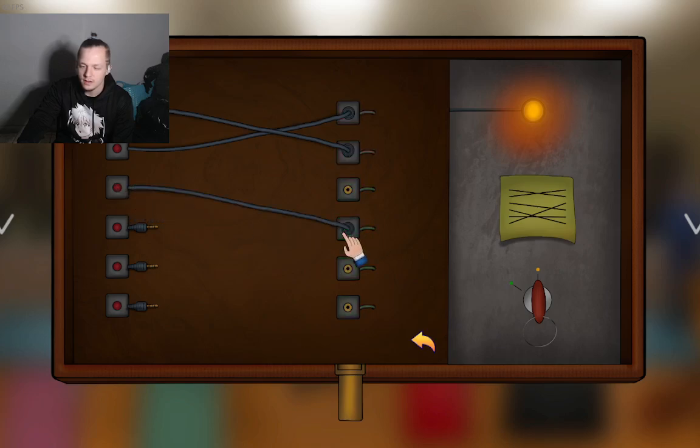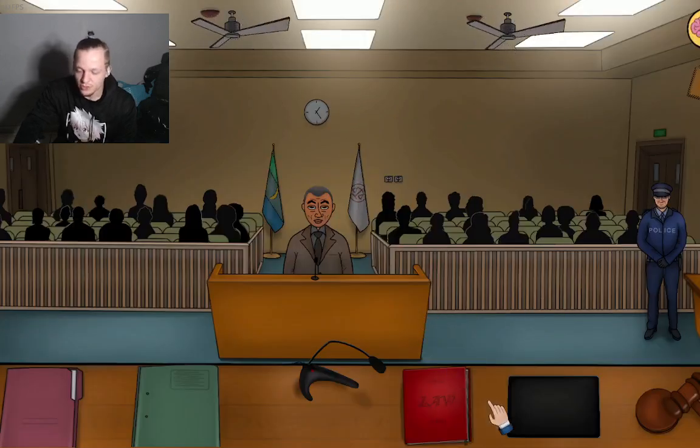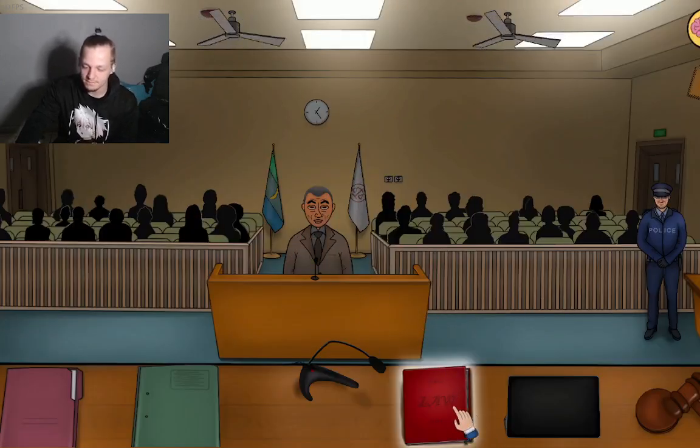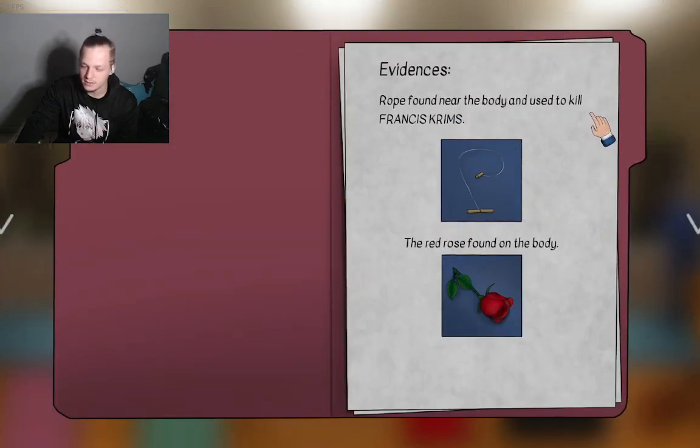That one goes right there. That one goes right there. This one goes right here. This one goes straight across. Son of a bitch. Green. Alright. Evidence.